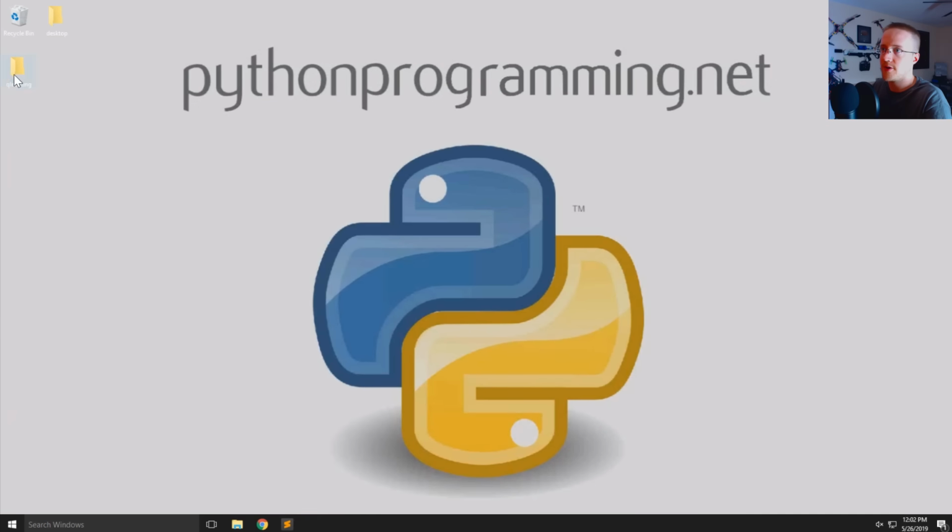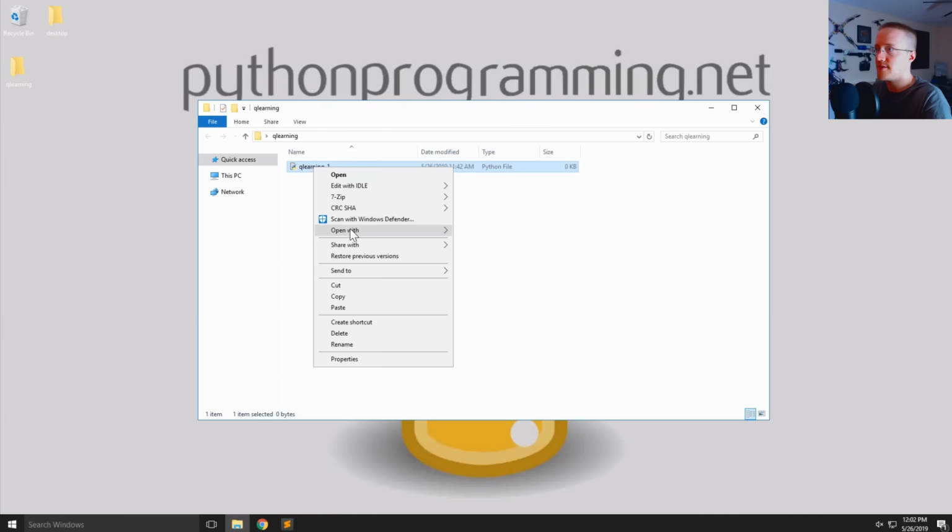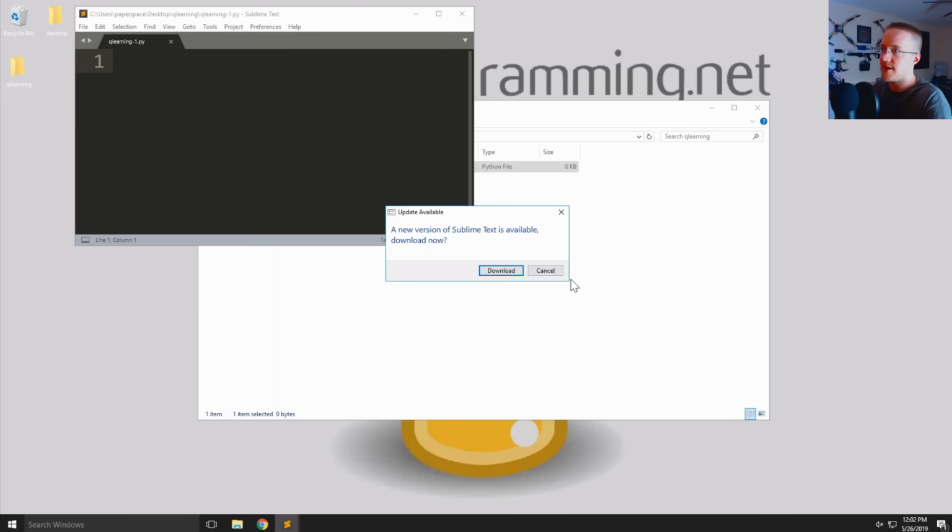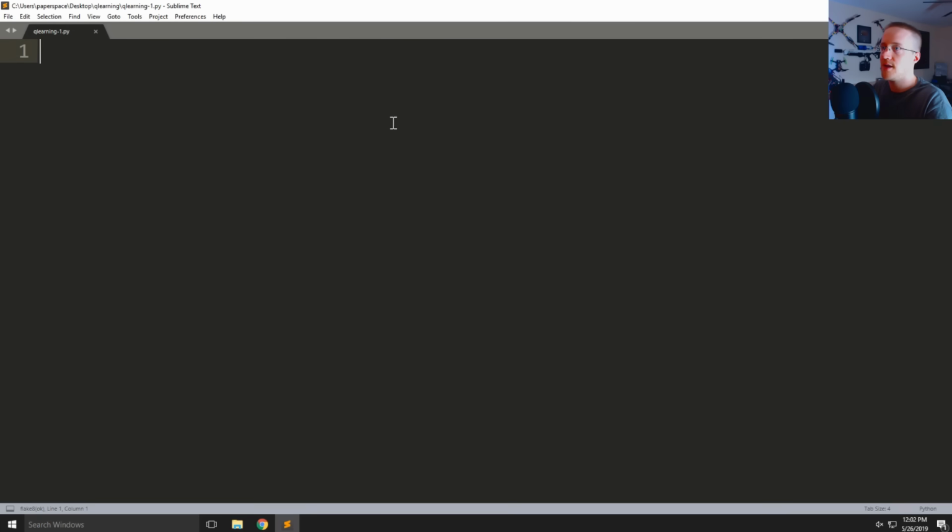So I'm going to go into my Q learning file here and just edit it. It should be empty for now. Cool. The first thing we're going to do is poke around and get an idea for this environment. Even though this environment doesn't matter much to our AI, it matters to you to understand how Q learning actually works. So I'm going to fix this first of all. There we go. Import